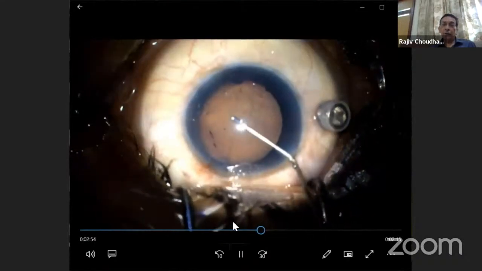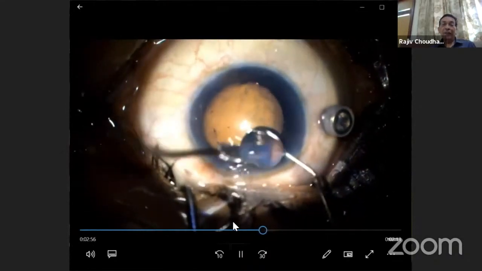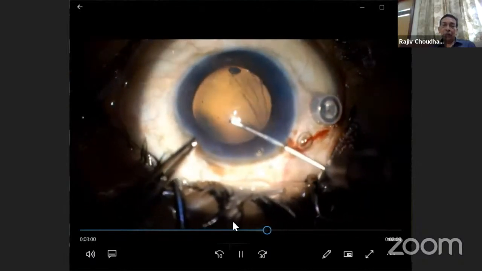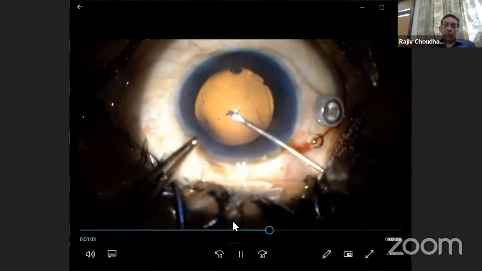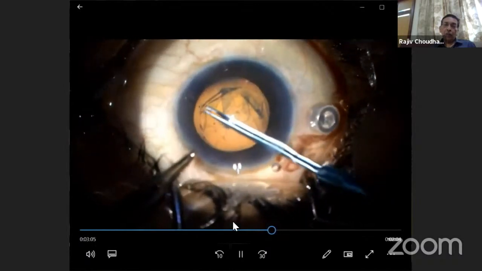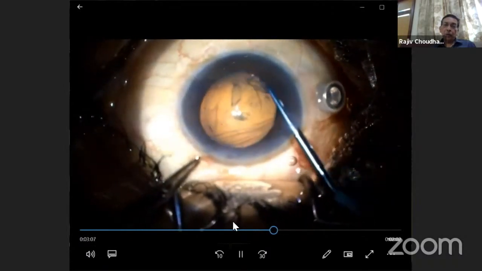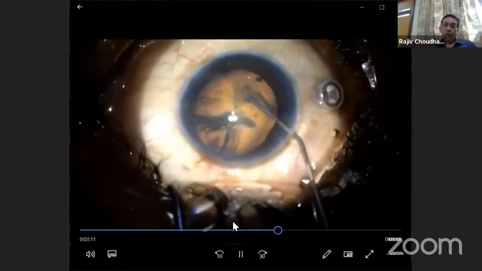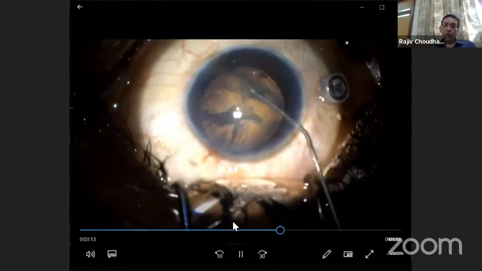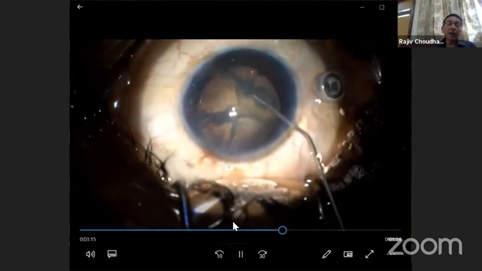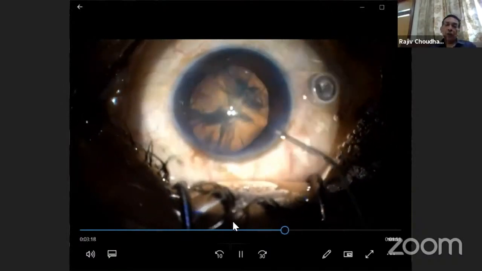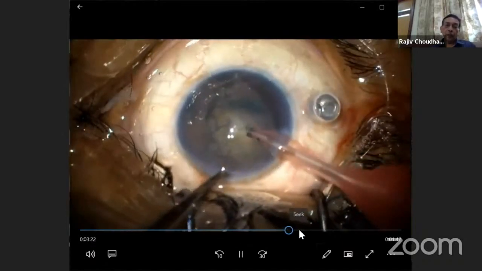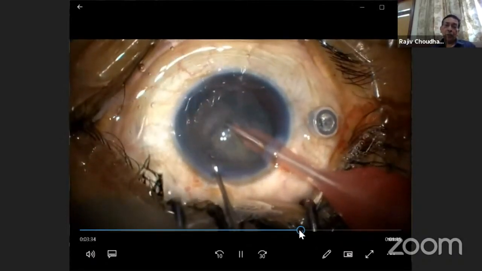Keep the trocar intact. You may need it in between, suppose there is again shallowing of the chamber. Now the surgery is probably very simple. So these are the options for managing the shallow chamber cataract, which you usually get in lens-induced hypermature cataract and anatomically small eye. And the rest of the portion is quite simple.